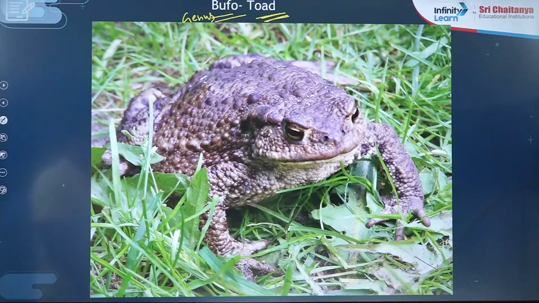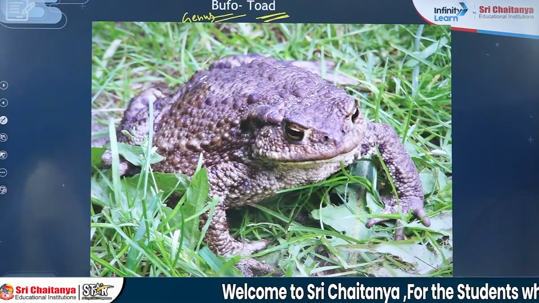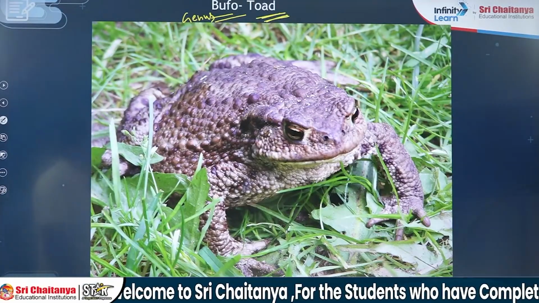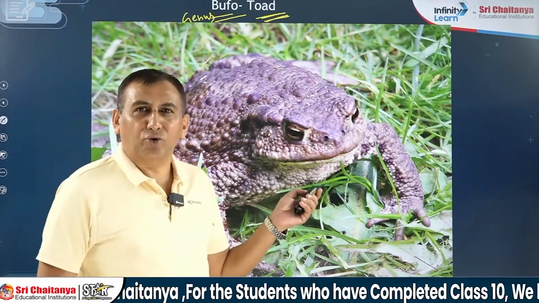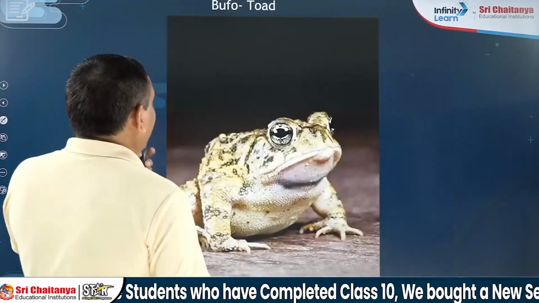Okay, so now coming here. First example of amphibia is the Bufo. That is known as the toad. Bufo, that is the toad. Second, known by you,